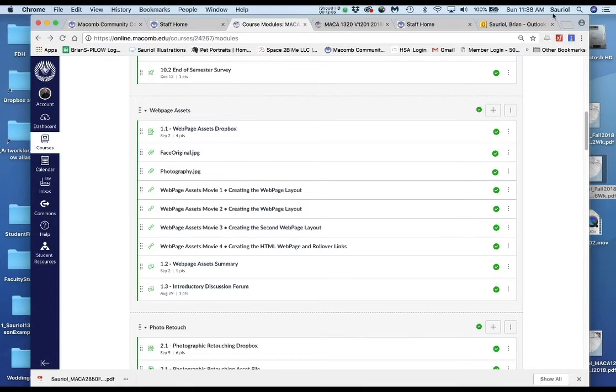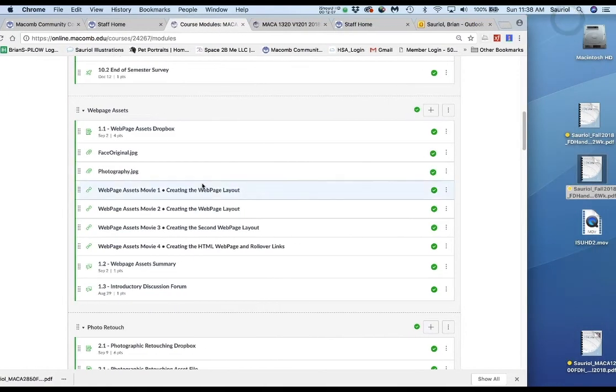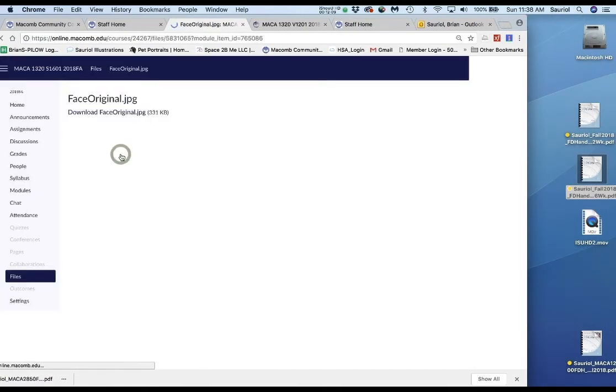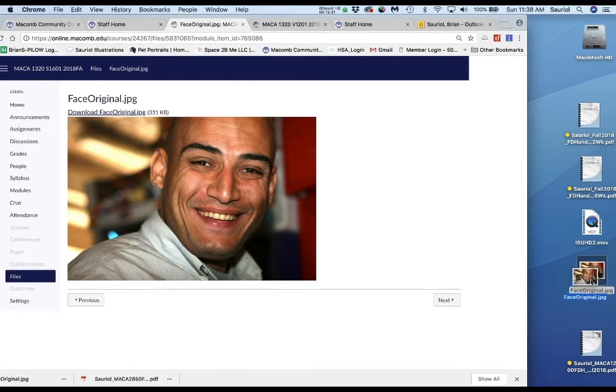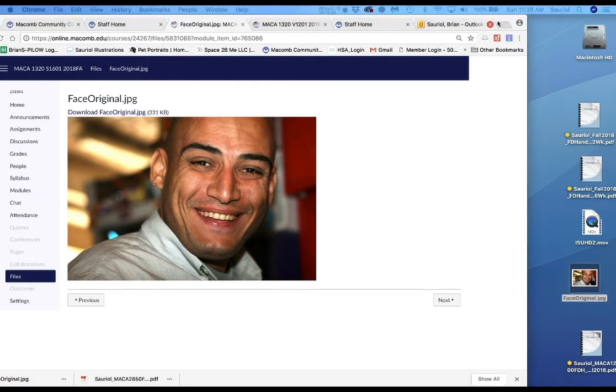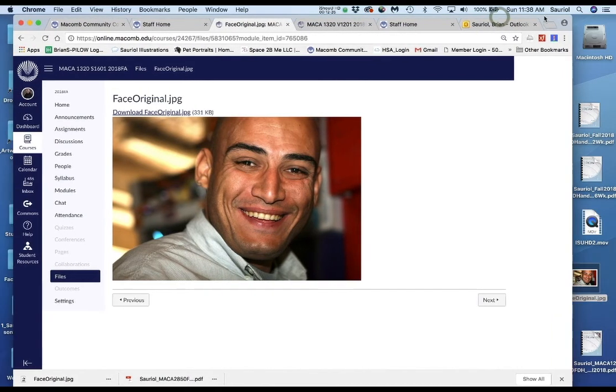Now I'll move this over slightly so you can see it go to the desktop, but as soon as I click the face original, you get this picture. If you click this next thing, it says download it. So this is how you actually start the file. All right, that's what you start with. You see how it came to my desktop? Okay, now that was for the